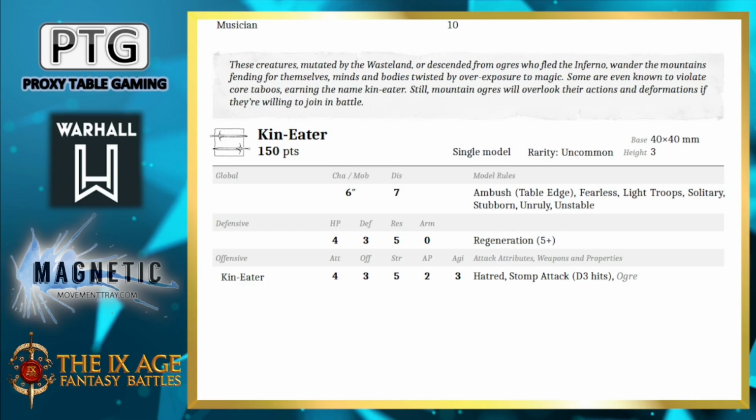I keep on thinking that this guy would have poison attacks because of the rotten jaw thing from earlier. I think I even said it when we talked about rotten jaw, like the poison attacks goes with the kin eaters, but they don't have poisoned attacks, and I think that's just the extra pip that they could really use, especially with that re-rolling to hit with hatred. I think given poisoned attacks, they'd be so much better. Yeah, I agree. Because it's really easy to just not do a lot with this unit. And the unruly and the unstable, it just means you might not achieve anything with them. So, yeah,